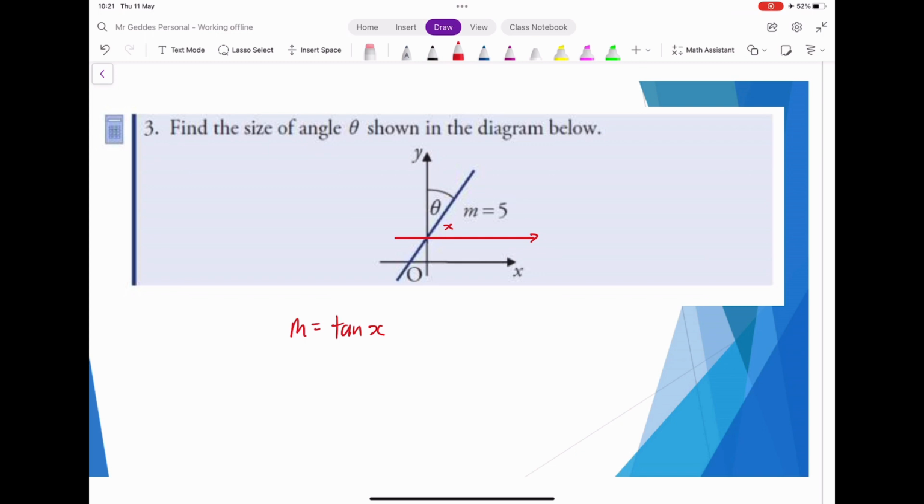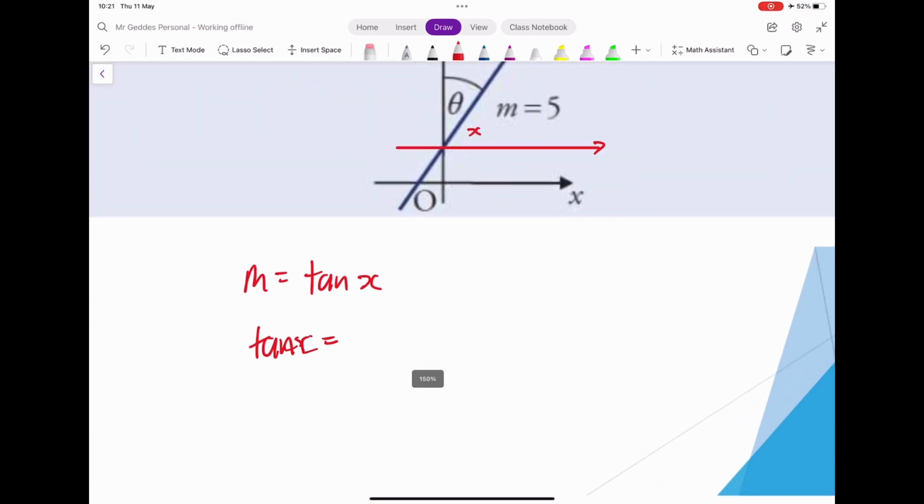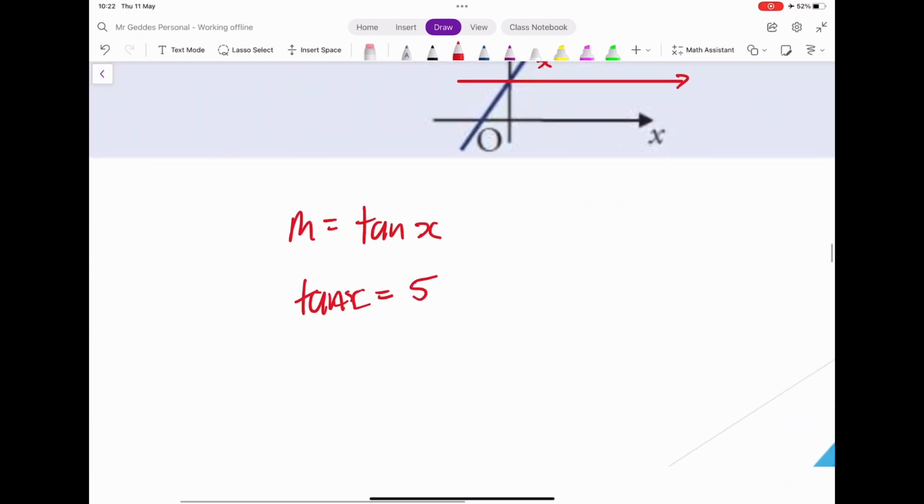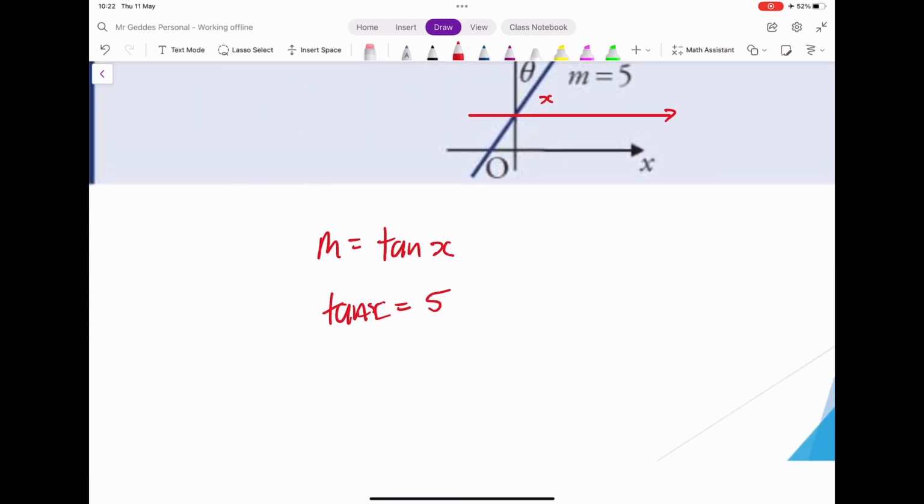So we're going to do the inverse tan, we'll find x, and then we'll need to do 90 take away that angle. So tan x equals 5. We can find x by doing the inverse tan of 5. So here's the working coming. Tan to the minus 1 of 5. That's going to give us an angle of